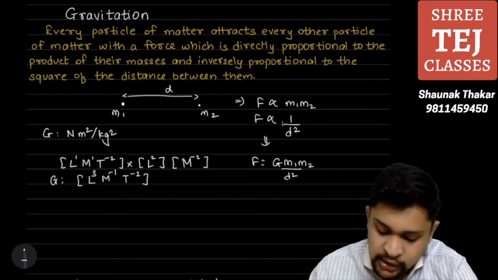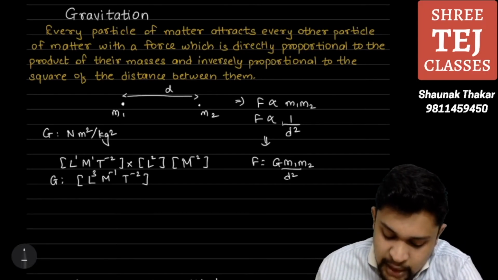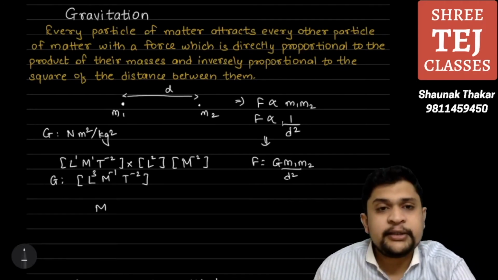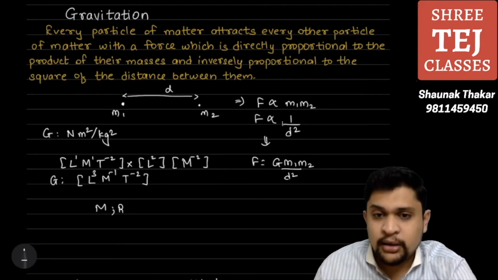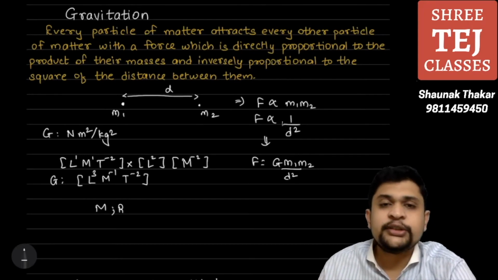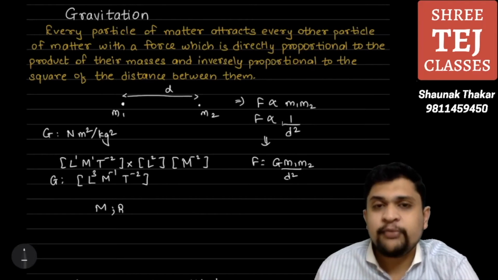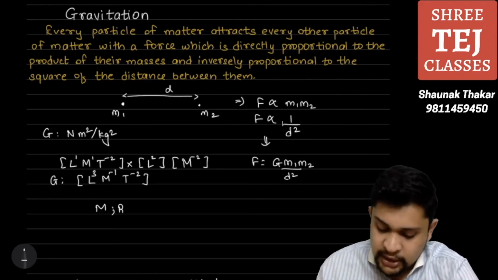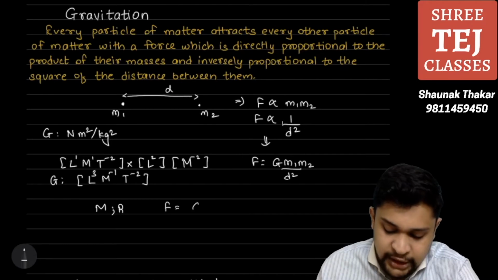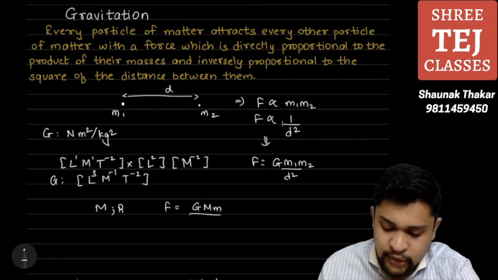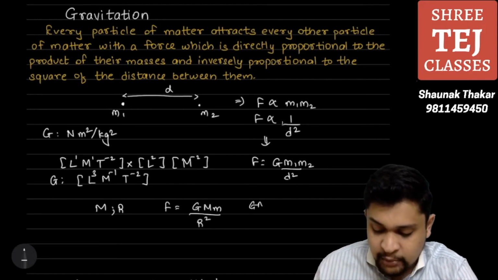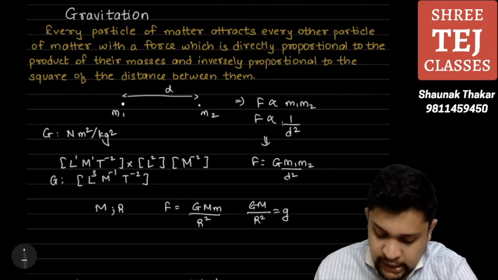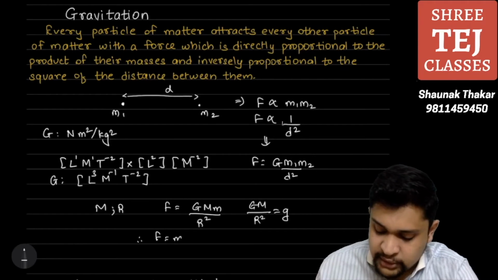Okay. Now for Earth, we assume the mass of Earth is M and Earth is completely spherical. So the radius is uniform everywhere, which is r. Now what would be the gravitational force due to Earth acting on any object of mass m which is on its surface? It would be F is equal to G M m, where small m would be the mass of the object, upon r square. Now we put GM upon r square to be g, the gravitational acceleration. Therefore we get force is equal to mg.